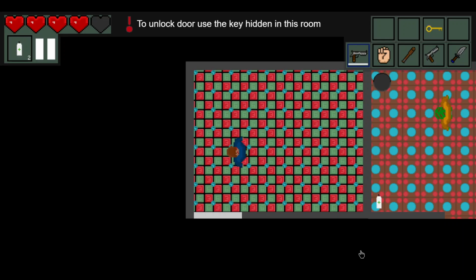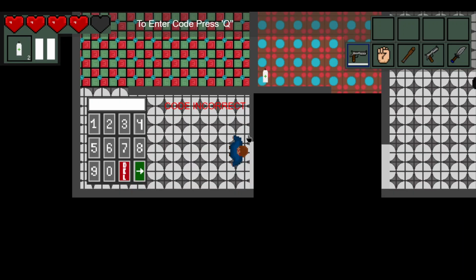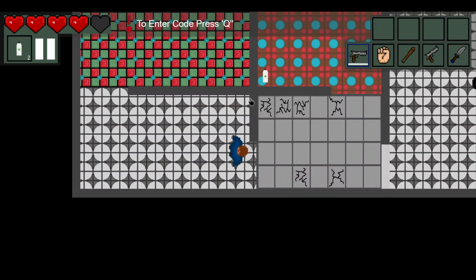So if we use the key, there you go. Room unlocks. Open up. Here we go. Keypad. So the function is the same as the one in the shop earlier on, but I've just added it to this other level here. So if we say 364, there we go. So that matches up with that 364, and that sort of implementation of the sort of code